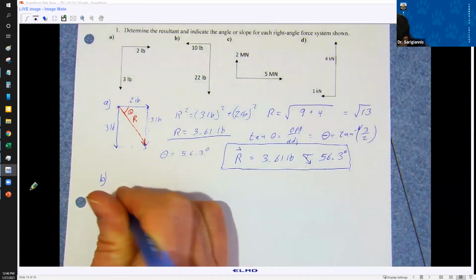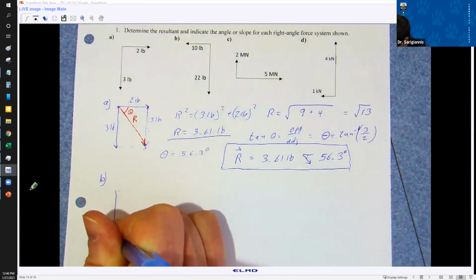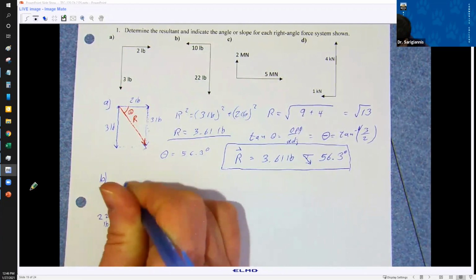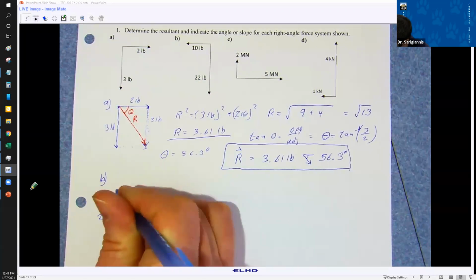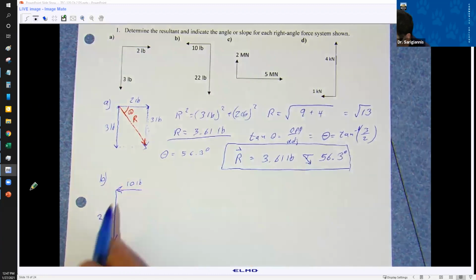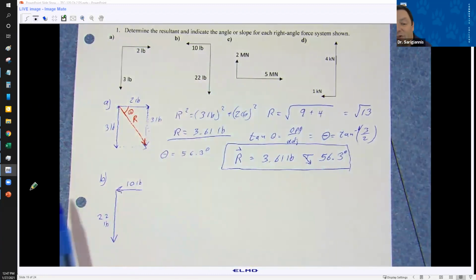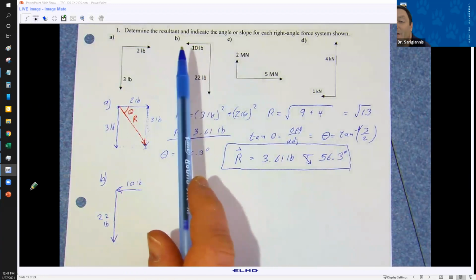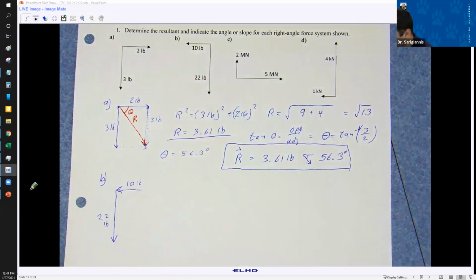I'm going to draw them so that I still have 22 pounds acting downward, but I have the 10-pound arrow acting to the left, pushing instead of pulling, right? Again, because of the transmissibility effect, it doesn't matter if my force is pushing with 10 pounds to the left or pulling with 10 pounds to the left on that point, right? It's the same,